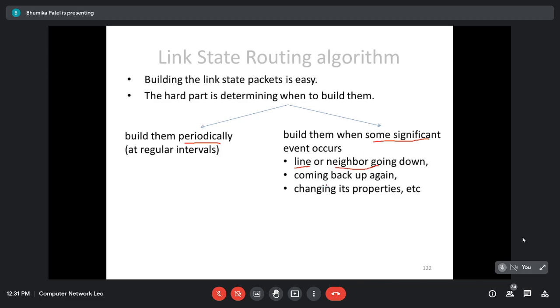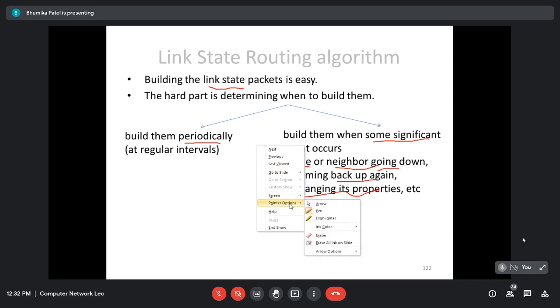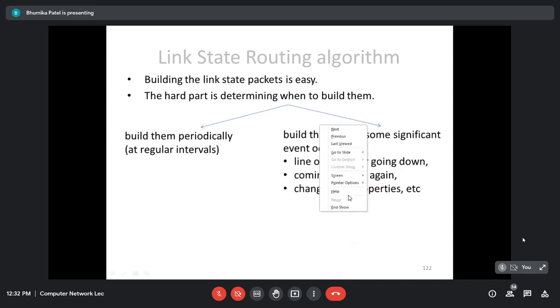The second event is when a neighbor that was down comes back; at that moment also we can generate the link state packet. And last is whenever any router or network changes its properties; at that time we can generate this link state packet and propagate it to all the other routers in the network.